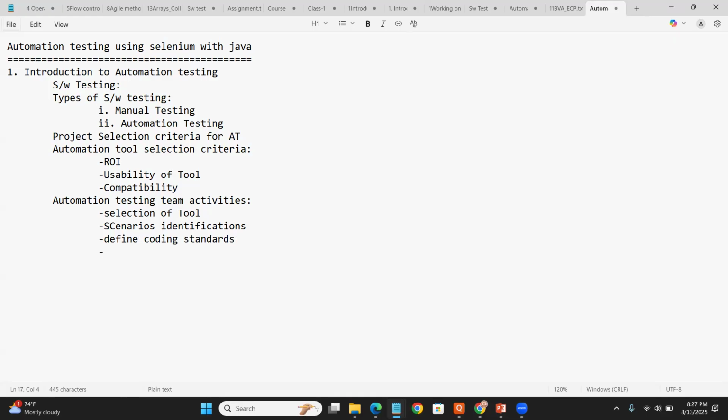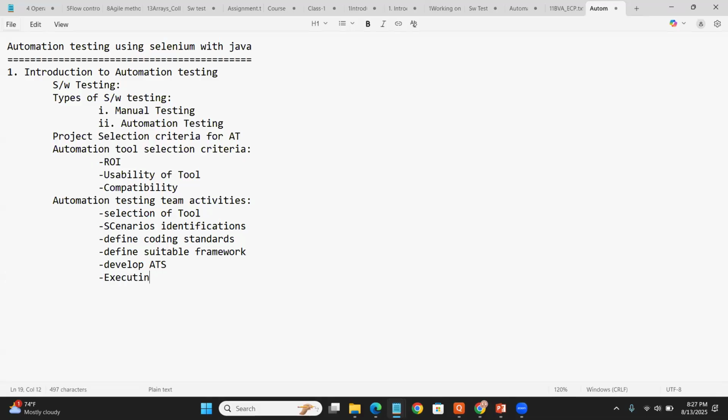After defining the coding standards, define a suitable framework. An automation architect is going to provide them what type of framework is suitable for the current project to automate. After that, where we are going to involve, develop automation test script,